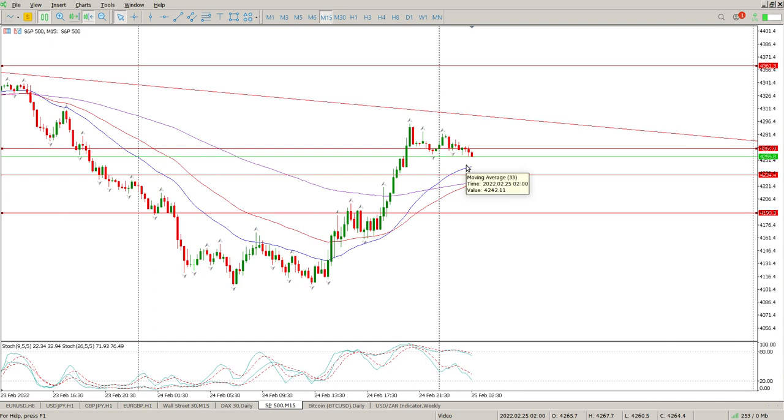15 minutes is probably the way to go. I don't see any gaps here. So this would be a decent area, 42.34. 4200 would also be a decent area, and then as far as 4190. But at the moment, I suspect that this is a flag forming, and we're probably just going to muck around in a range or in a channel of some sort until Europe wakes up,